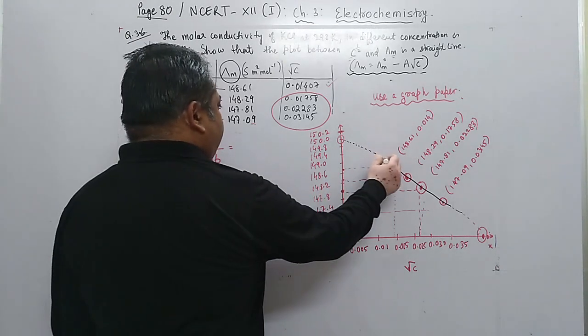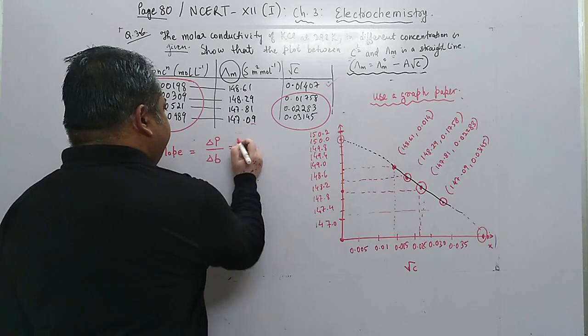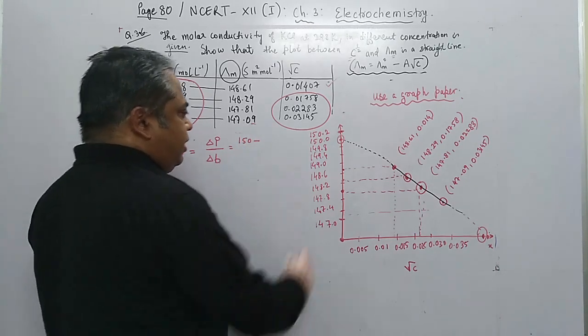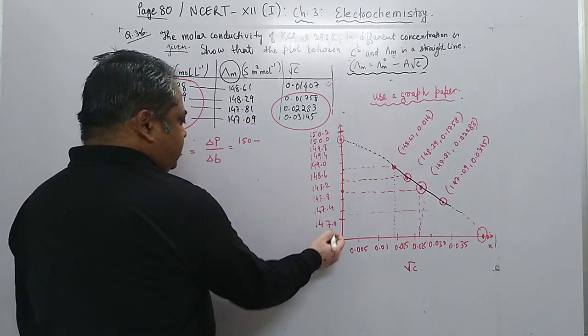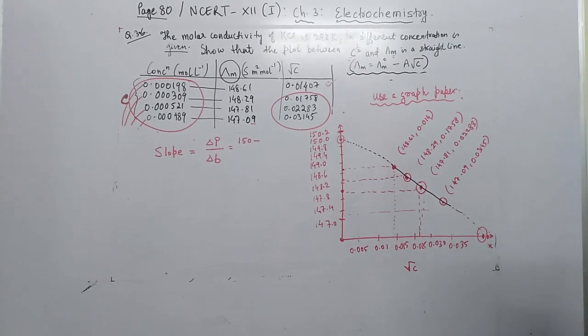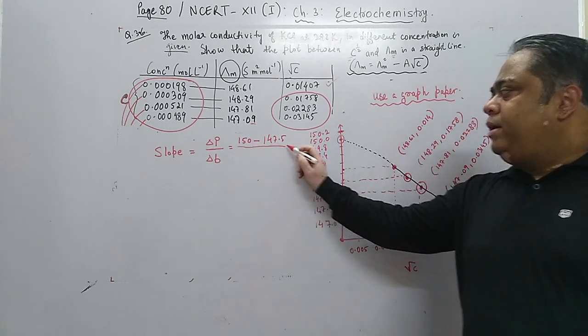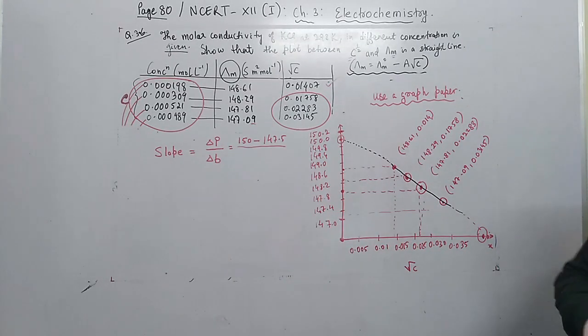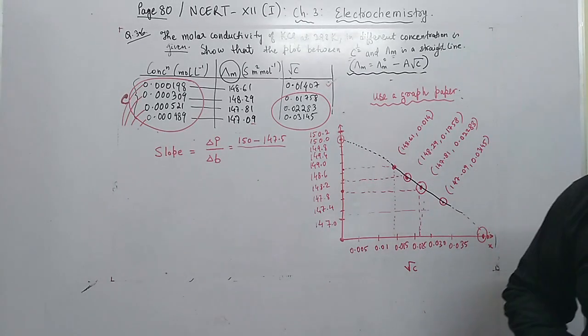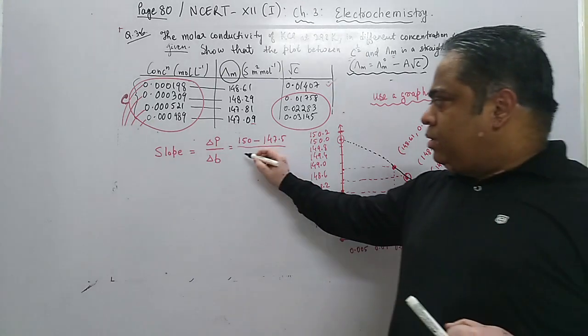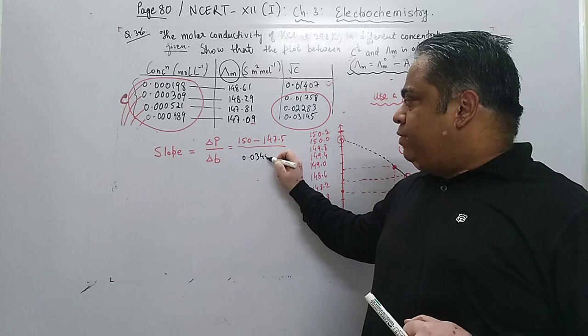So after extra plotting we are getting it at 150. So we can take 150 here minus, and if we go downward, then this value what we will get will be, I have done it in a graph paper, from there I am seeing 147.5, divided by this side, we can take initial value to be, this will be 0.0345